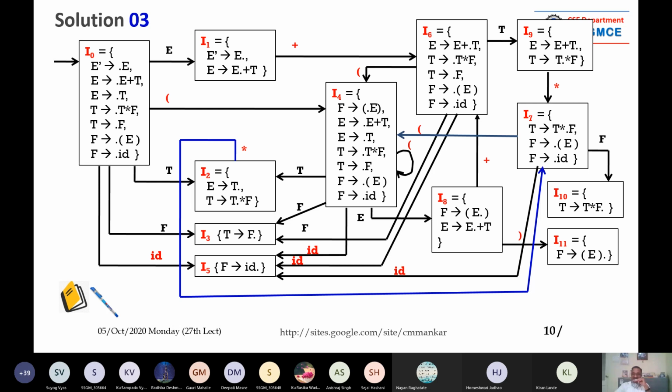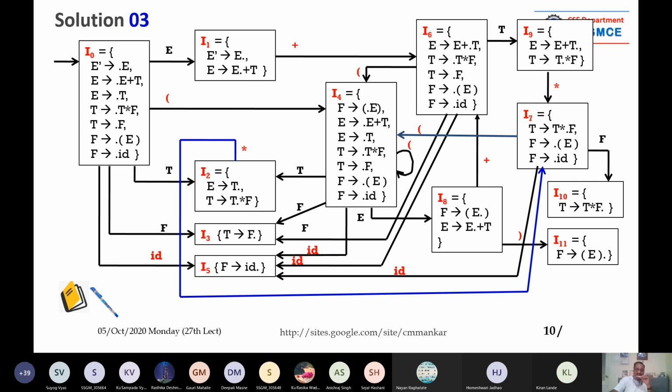So you observe the I1 box. In I1, there are only two production rules. The first production rule starts with dash E. Note this. But dot is at the end of E. So you cannot process it, right? You cannot process it.